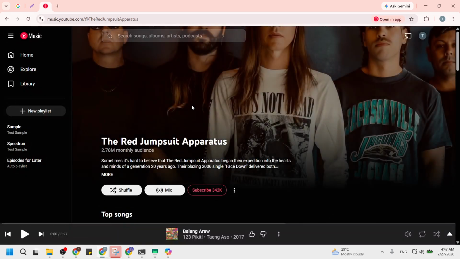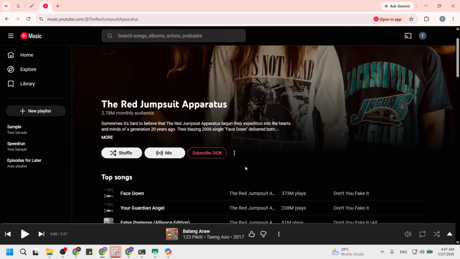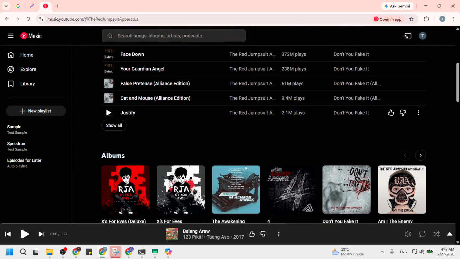YouTube Music now opens the artist channel page, showing a header with their name, a big banner or image, and tabs like Overview, Songs, Albums, and similar. You are now on the channel whose ID you want. Give the page a moment to fully load so the address bar updates correctly in your browser. After that, look at the address bar at the very top of your browser.